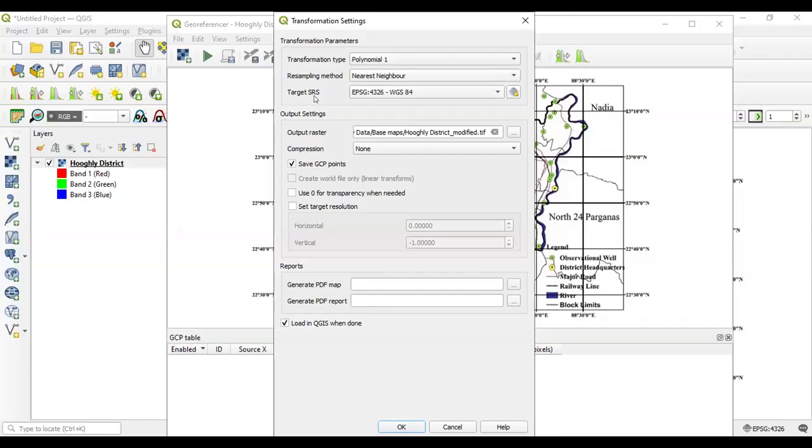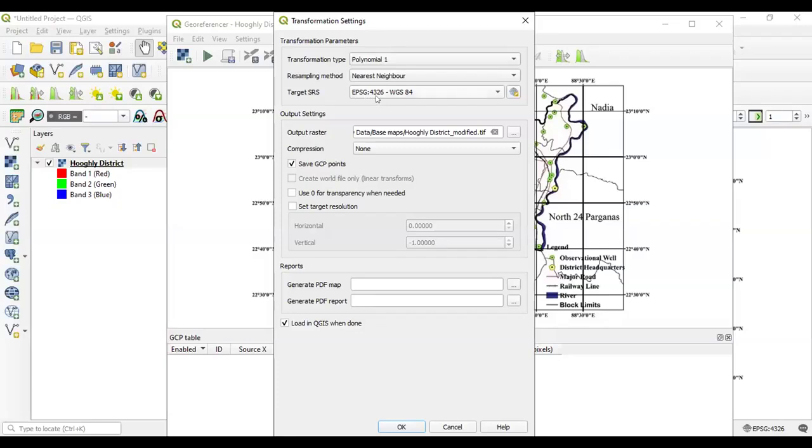So first of all, whenever we process a map or whenever we georeference a particular map, first we use the GCS or geographic coordinate system, which is actually based on the 3-dimensional spherical model of the Earth, whereas projected coordinate system is based on the flat surface or 2-dimensional model of the Earth. So first we have used the GCS as our spatial reference system, and in this particular case, our GCS is